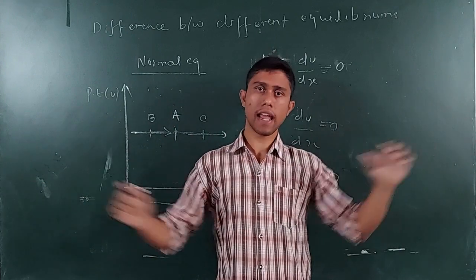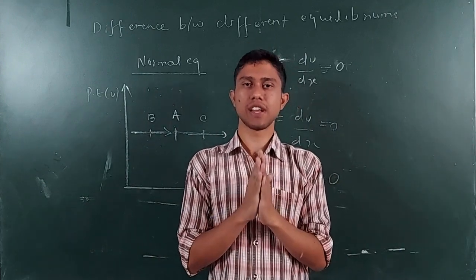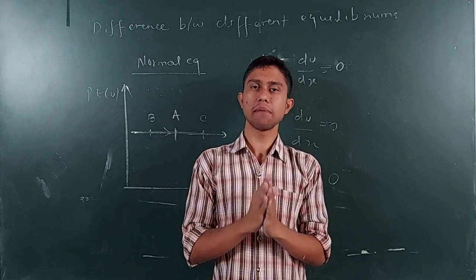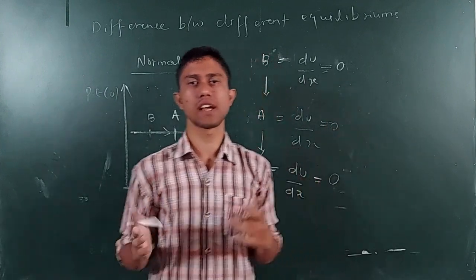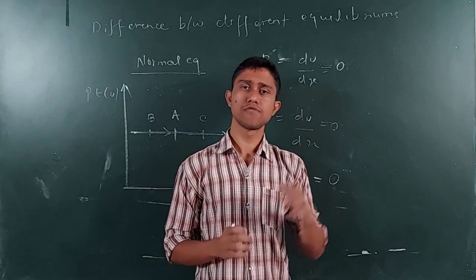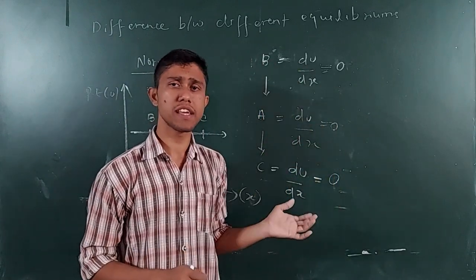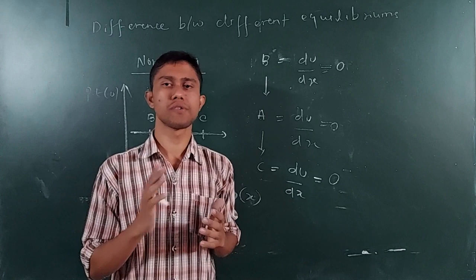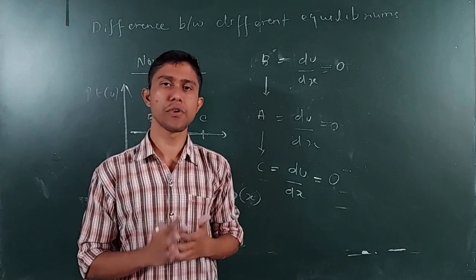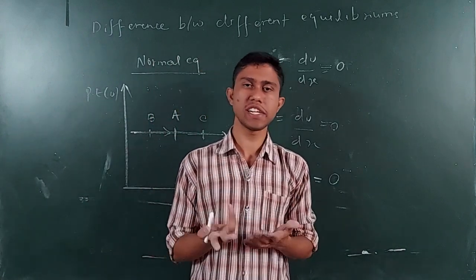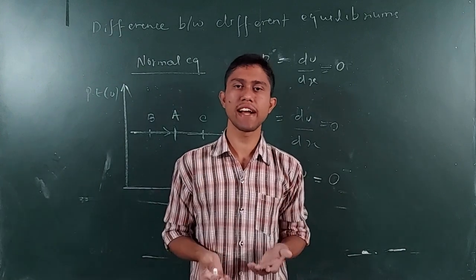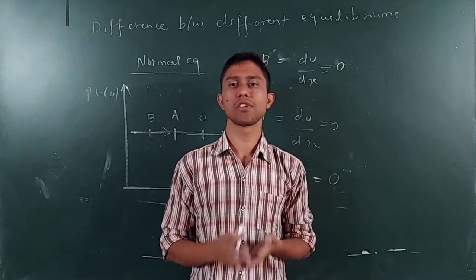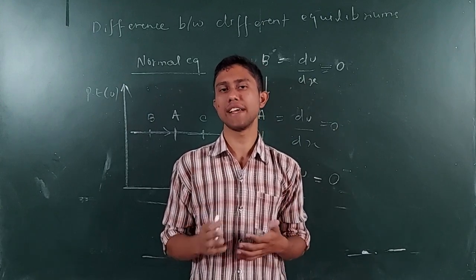It is a number line, and I was at point A initially, then I was at point B. Tell me, what is the value of du by dx at B? It is 0. I can't suppose any value here because it is 0. So in the journey from point B to C, I am getting equilibrium 0, I am getting the value of du by dx as 0. So can you tell me what is the change in du by dx? Or in short, what is d square u by dx square? It is going to be 0 because there is no change in the value of du by dx.